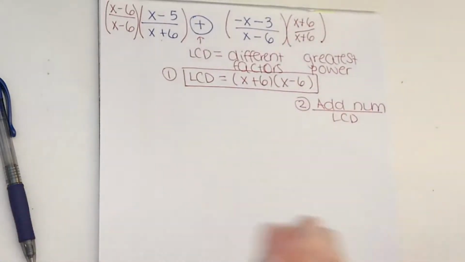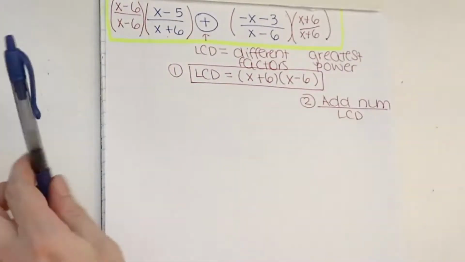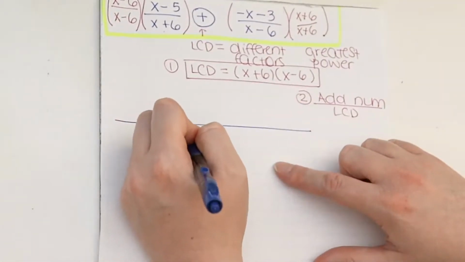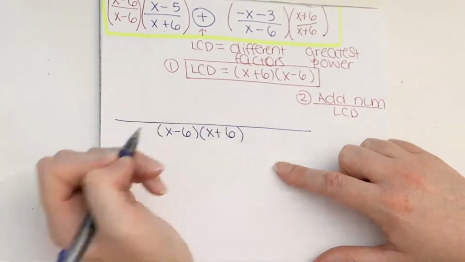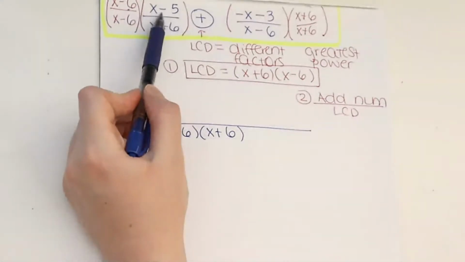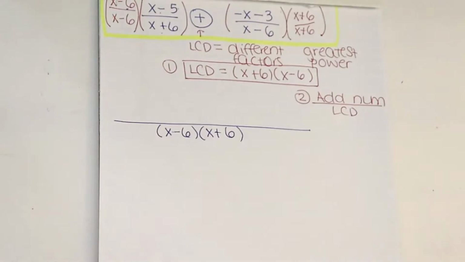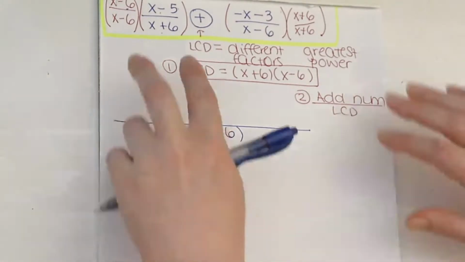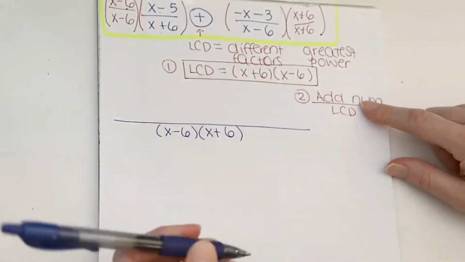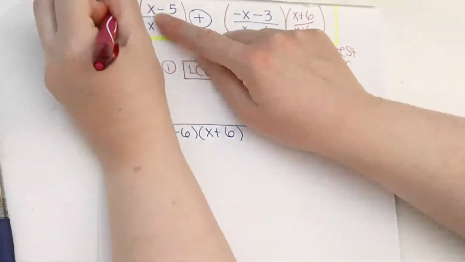Okay, so we're looking at this expression here. We're going to make it one very big fraction where we have x minus 6 and x plus 6. Okay, now in the numerator, to add these numerators together, we are going to have to FOIL out that numerator expression because you cannot add parentheses with another parenthesis. So this numerator is going to involve FOILing, and for this first one, we get x squared, and then minus